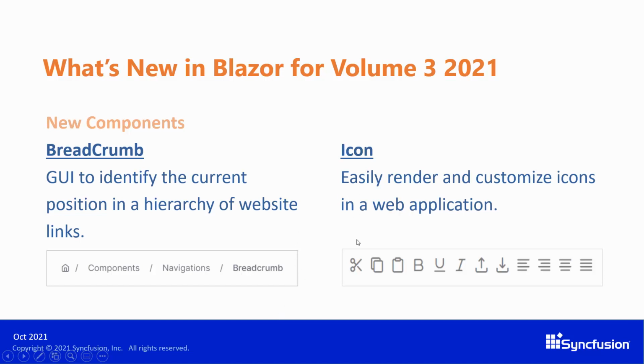And you can also look at the icon component here. Previously, font icons were used in any web application by referring to their content code inside the CSS styles. But now you can directly render it as a component by using its name attribute. So let me show you how it works in the demo page and also in the documentation page.